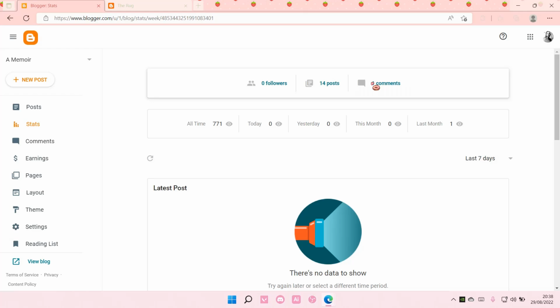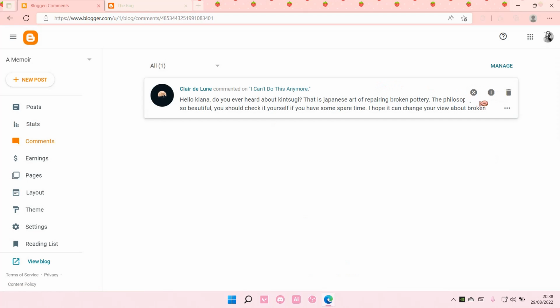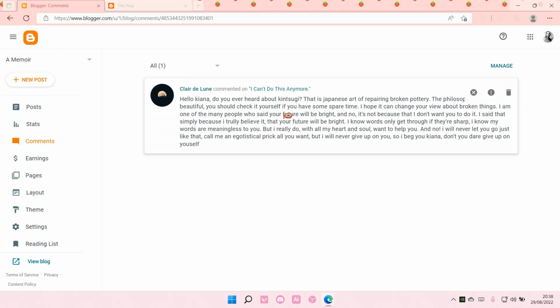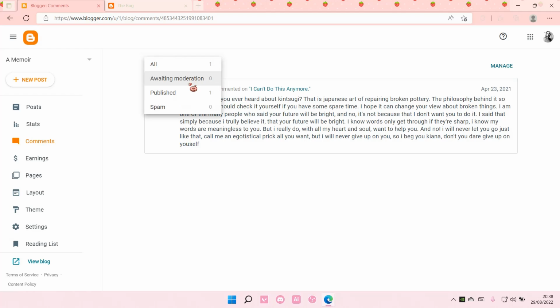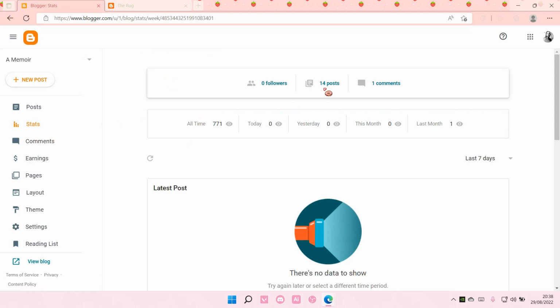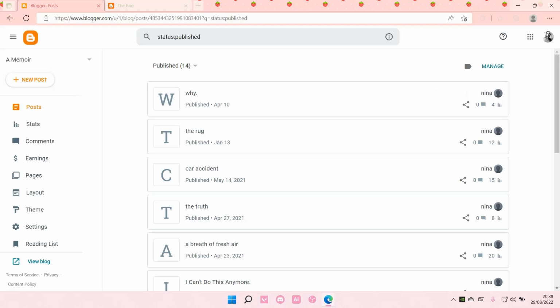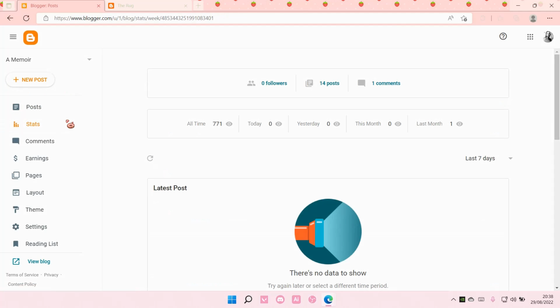You can also see the comment here. You can also adjust if you want to remove it, mark this comment as spam, or just delete it. Here's the full comment. I only have 1. If you go to 14 posts, it's just going to go back to posts, and that's pretty much how you